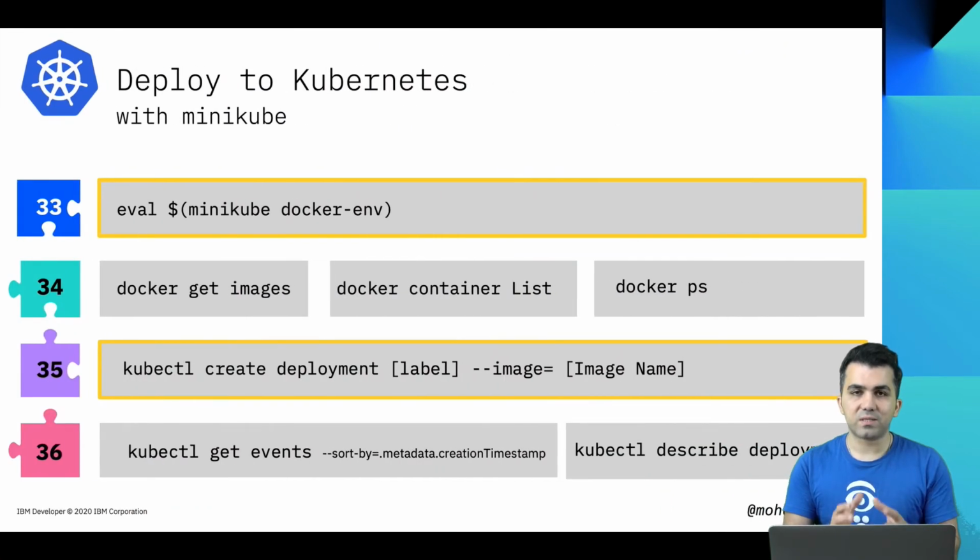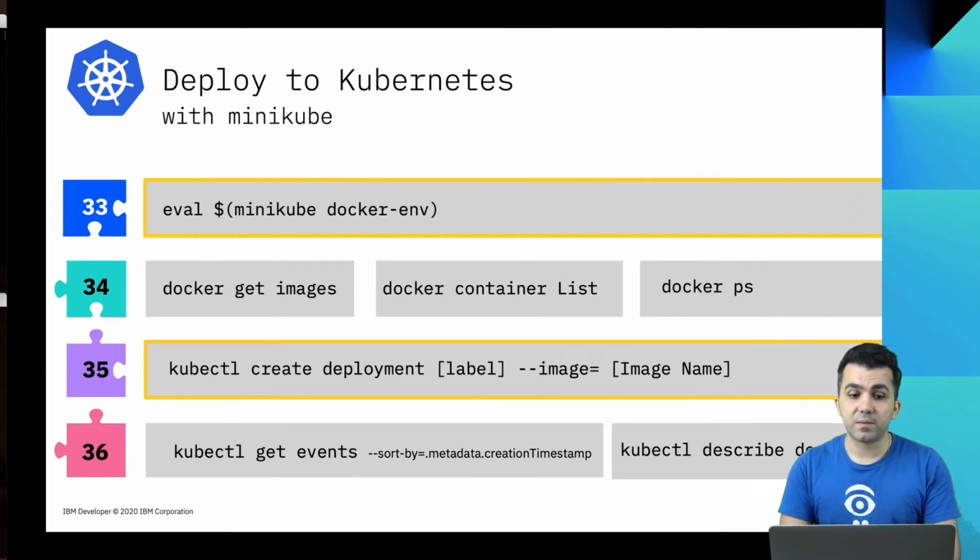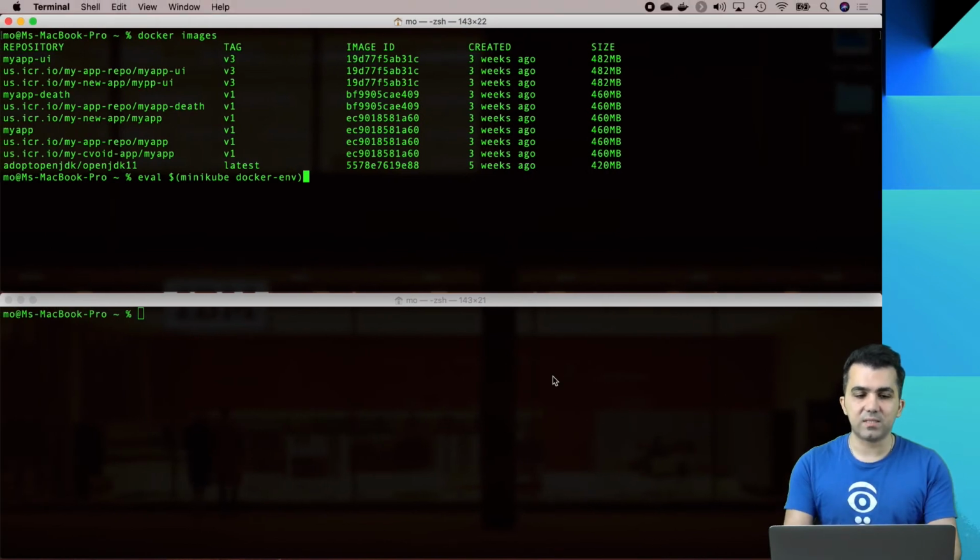So basically what this command does, it tells your terminal to start using the Docker daemon within your Minikube, so we don't have to create our images on the host machine and then push them into Minikube. You basically use the same Docker daemon within Minikube, and that makes it easier. So now I'm basically going to set it up. So now if I say Docker images,